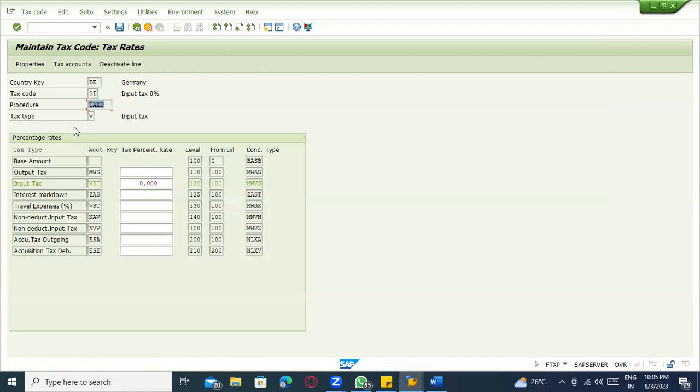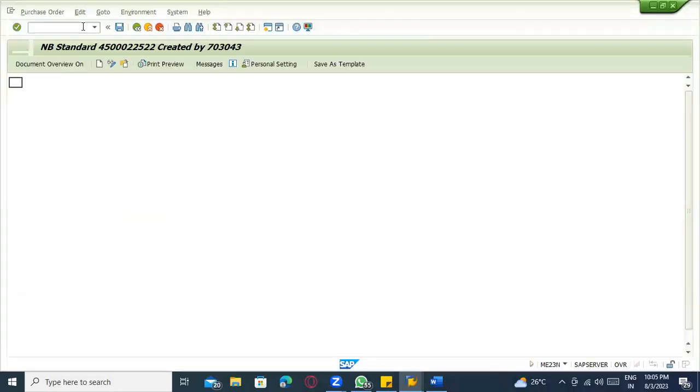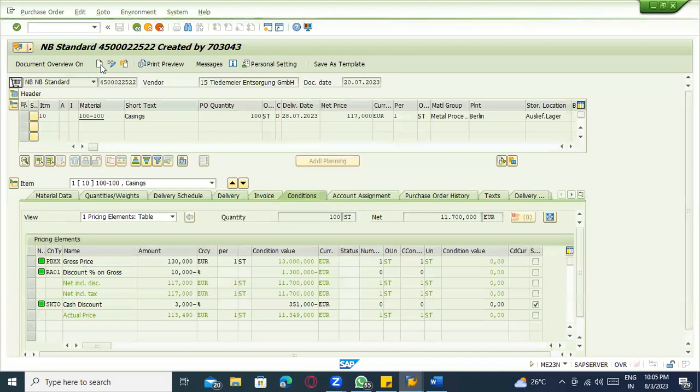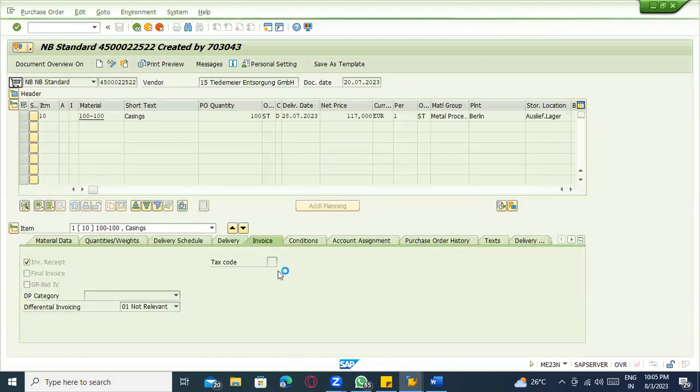What is that actually? The input tax code VST, that is MWVS, is maintained as 0. The base amount is the pricing, the material cost and all, which is the impacted price, and on that you calculate 5% input tax and 10% input tax. That again comes based on the tax code you assigned here. If I maintain some other tax code, it will give different values.